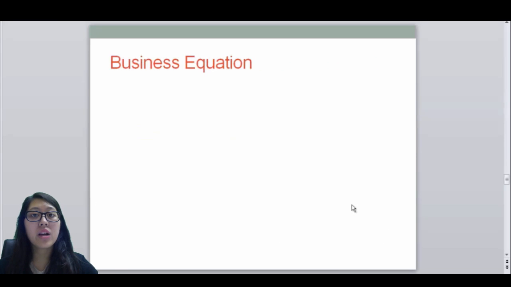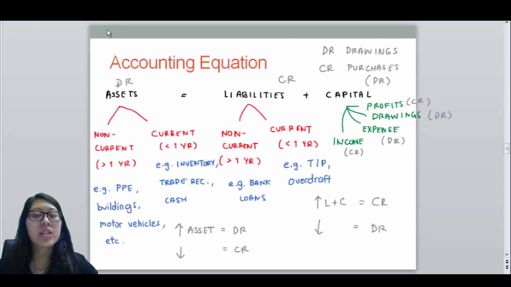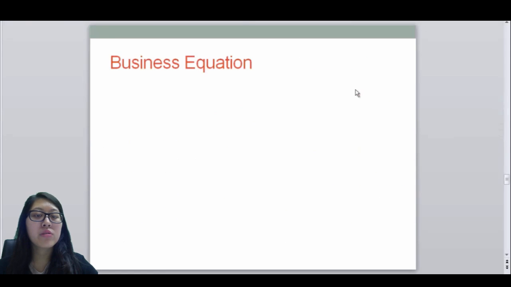Now let's begin on discussing the business equation. The business equation is simply a form to reflect on how we derive our capital figure from the accounting equation. So remember, capital is made up of 4 components: income, expenses, drawings, and profits. And so capital can also be broken down in a different way using the business equation. So the closing capital figure, closing net assets or closing equity,